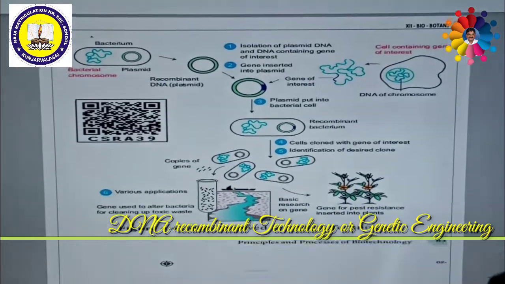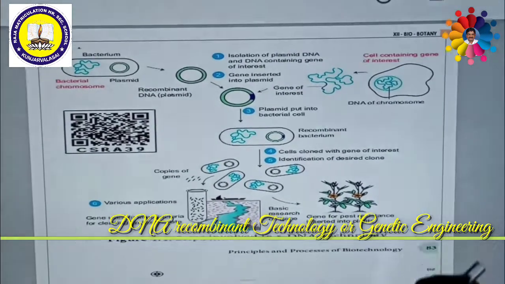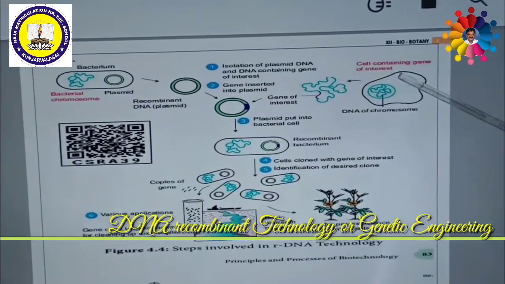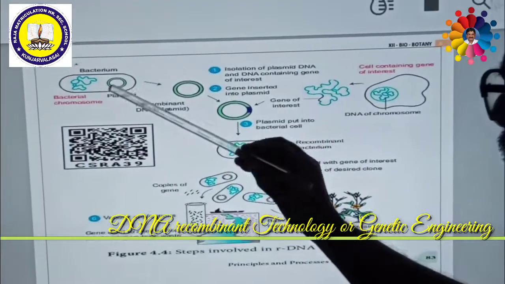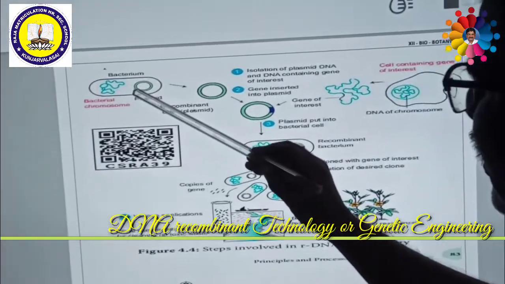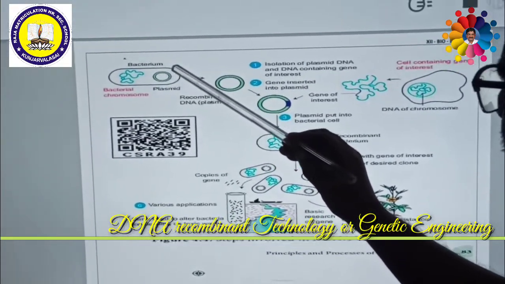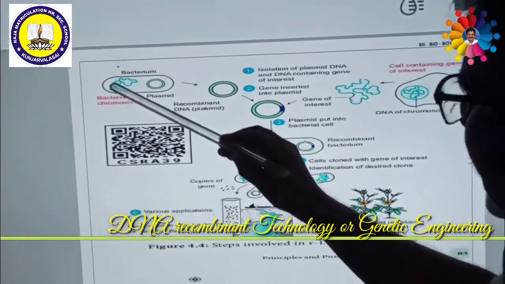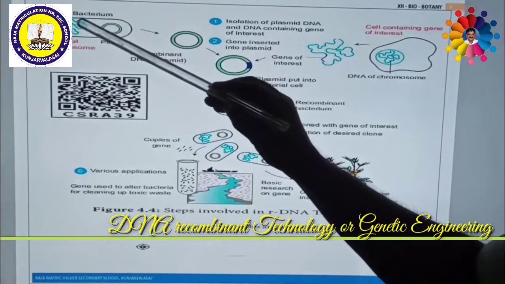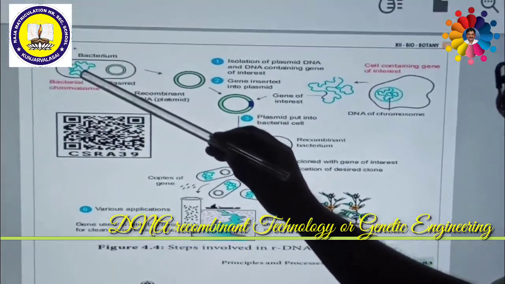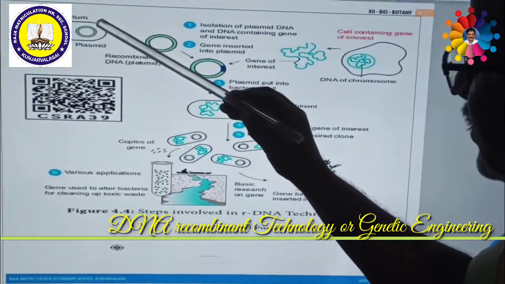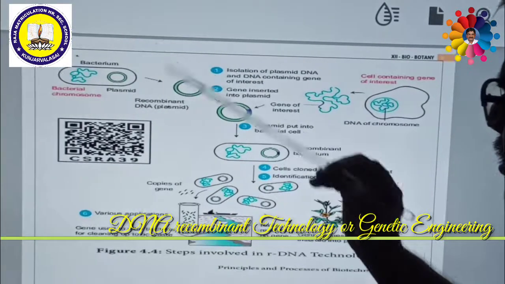Another thing is also needed. It is called a plasmid. So this is called the plasmid, and this is called the gene of interest. What is meant by plasmid? Plasmids are extra chromosomal DNA which is not the regular genetic DNA. So this is a bacterium. This bacterium has regular chromosomal DNA, which is the genetic material. Apart from this, extra chromosomal DNA is also present. These are double-stranded circular DNA. These are called plasmids.